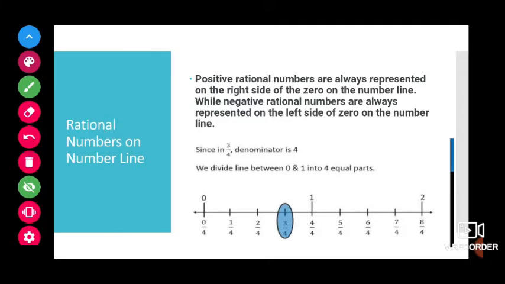After dividing, first take 3/4. The denominator is 4, so each and every unit is divided into 4 parts. Now we have to consider the numerator and count. How much is it here? 3. So we should count each part and go. 3 means from the 0 we start: 1, 2, 3. This is our rational number.